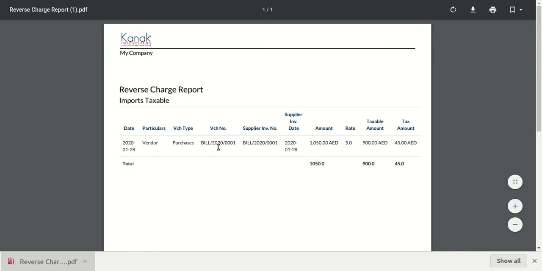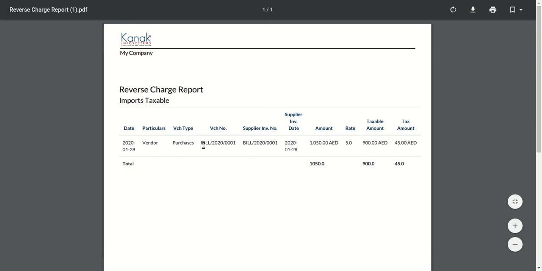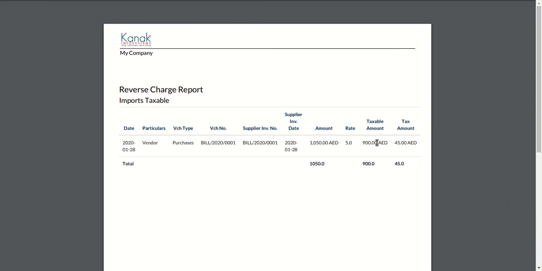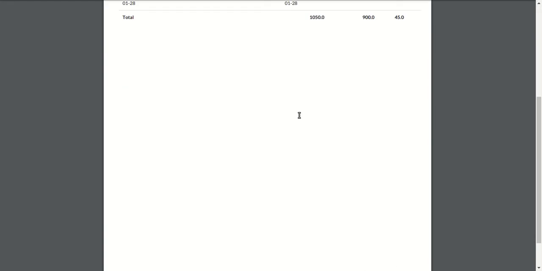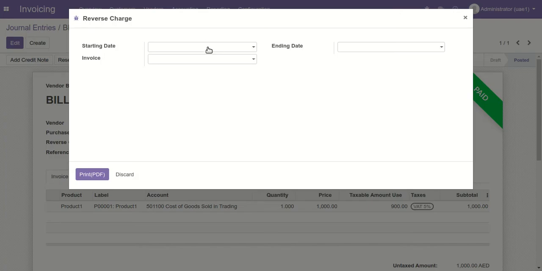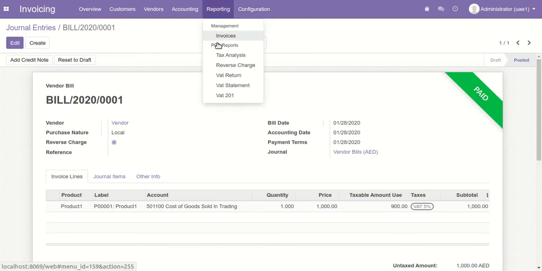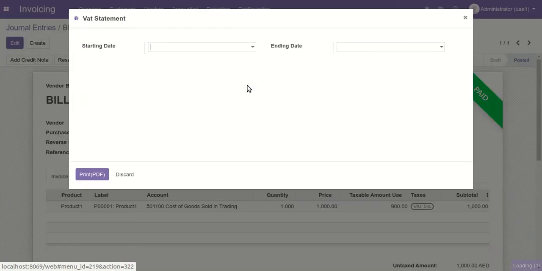Here you can get the information of the reverse charge specifically based on the vendor bills. Here we will see the amount of the vendor bills, the taxable amount for the reverse charge and the reverse charge rate. Similarly, we can also get reports like the VAT statement report.